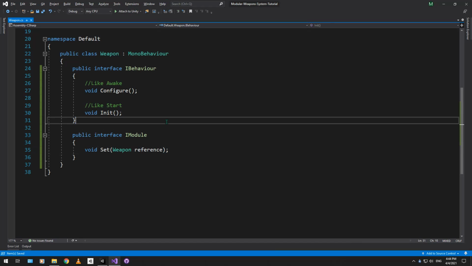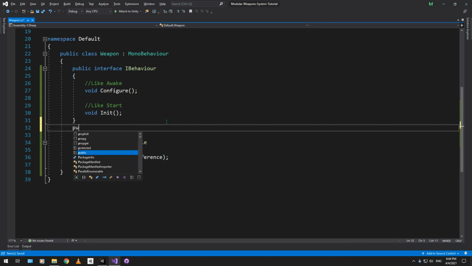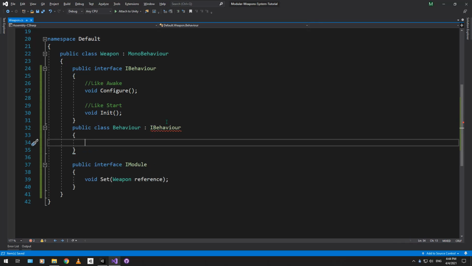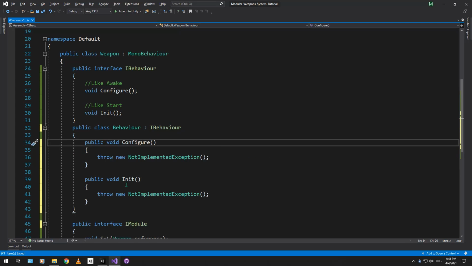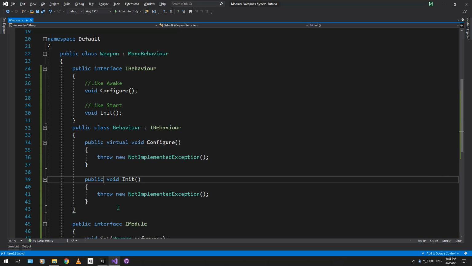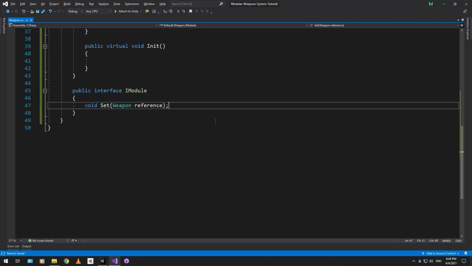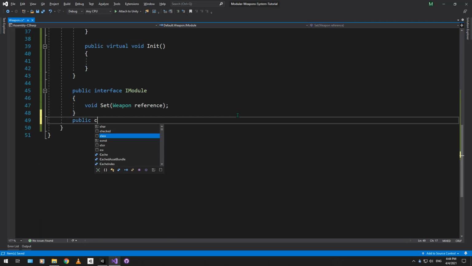So now we're going to make the base classes that we're going to use. I'm going to create a behavior class that inherits from that iBehavior, and we're going to implement those configuration functions basically. Don't forget to make them virtual, because we're going to want to override them in the derived classes. Remove the exception handling code,